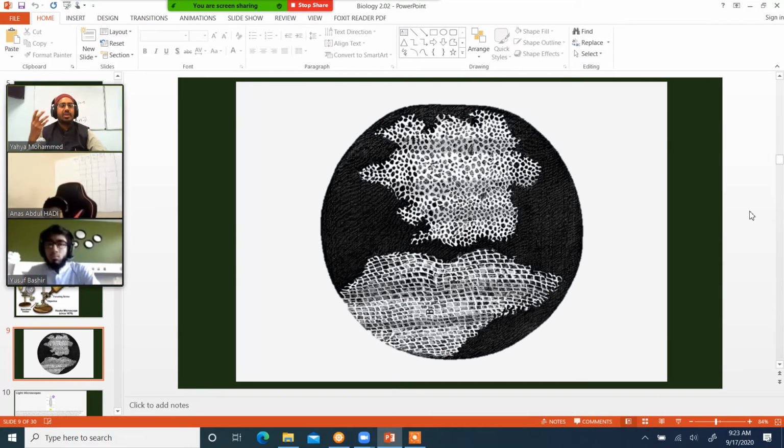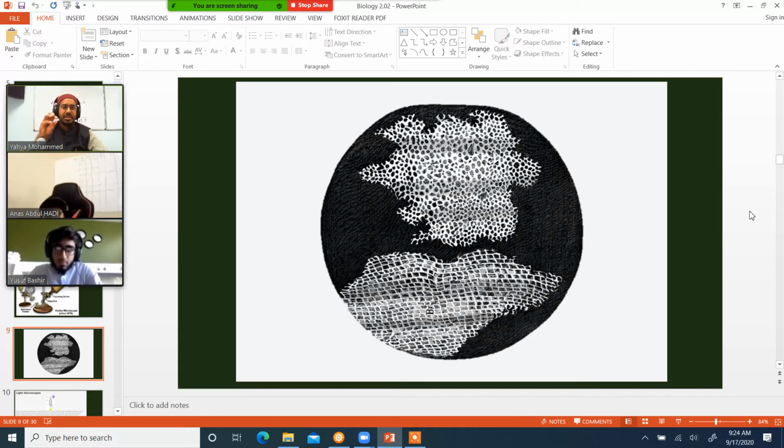Does anyone know why they're called cells? Anas, look at it, why did he call them cells? I don't know the real answer, but I'm not sure. They're very small, and they make up a whole tree. And Yusuf, what do you think? Because they're in these little empty spaces of the plant, so it looks like prison cells or something like that, right? Yeah. So he looked at these and thought, okay, these look like prison cells or something. So that's why he named them cells, right?